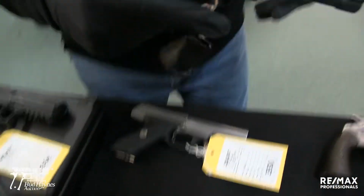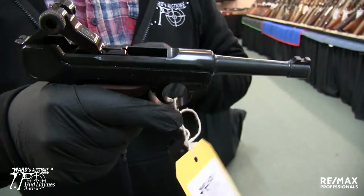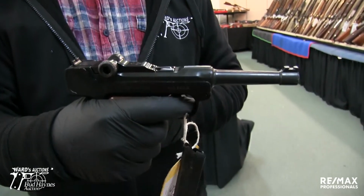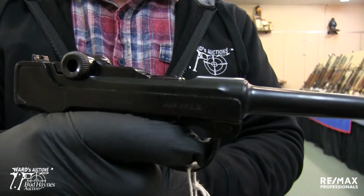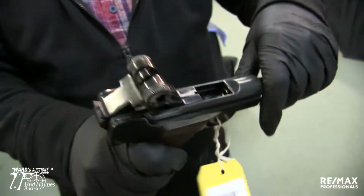On the Irma 22, sort of the would-be Luger, locks in place, pop the slide out. I'm going to pull the trigger a couple times maybe. So rather than talking over it, I'll just shut up so you can hear it. So yeah, virtually